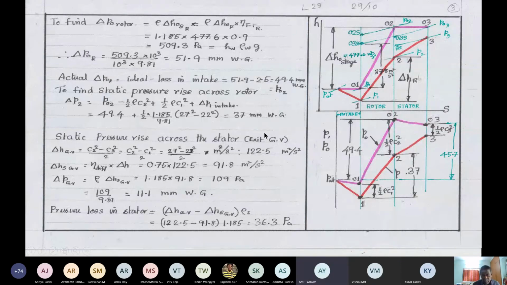Sir, the first purpose is to measure the actual deflection and deviation, and the second purpose is to measure the energy loss, pressure loss, and enthalpy loss coefficient. Yeah, one is losses, the other one is deflection. Why are they very important? Sir, that I don't know.